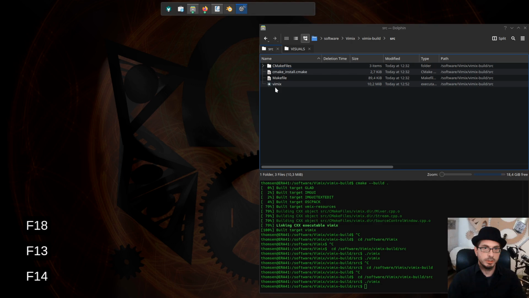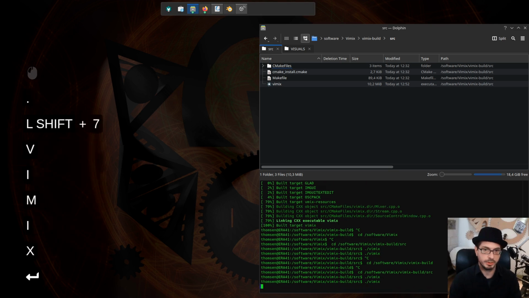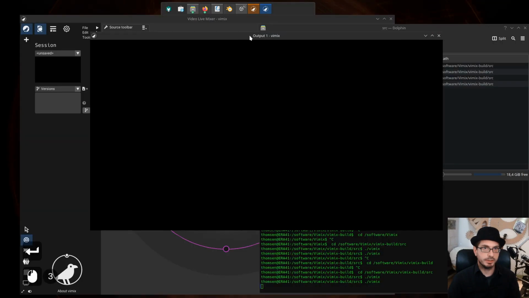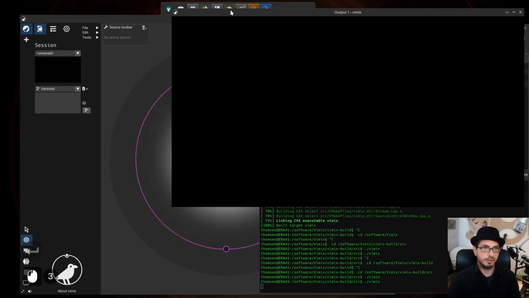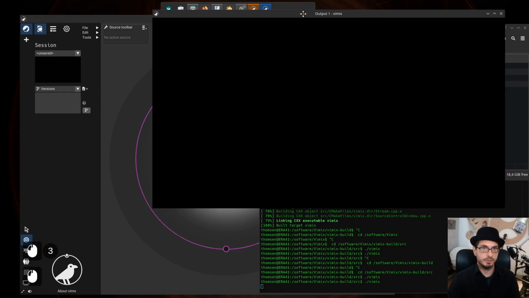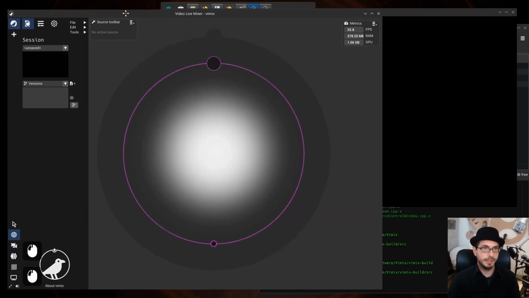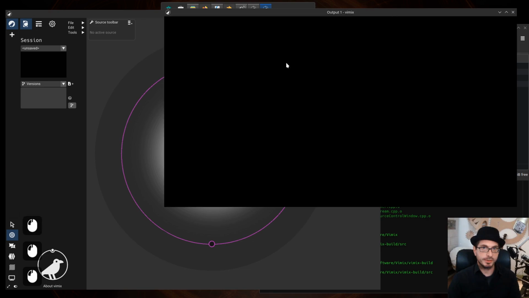So, starting Vimix from the terminal, just like that, enter. Yeah, okay, this is fairly common. So now you cannot see a lot because the output window was in full screen mode of the display that I'm recording here. So maybe it's just a good idea to start with